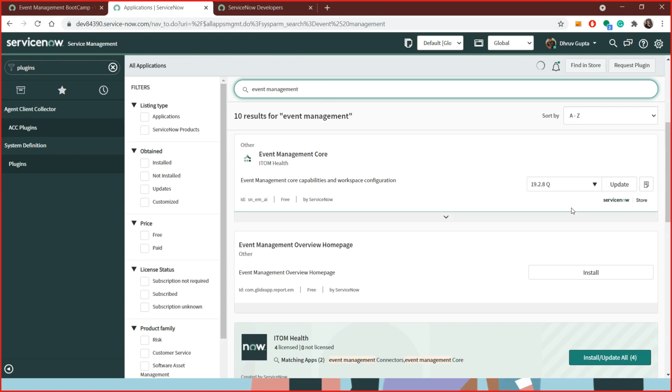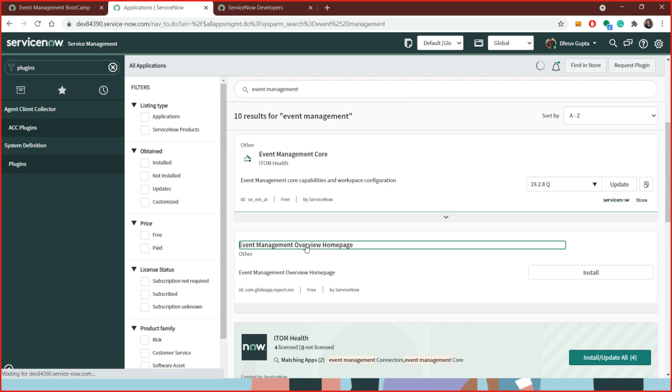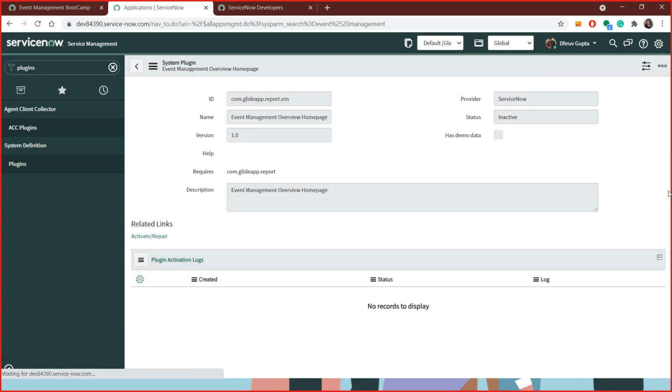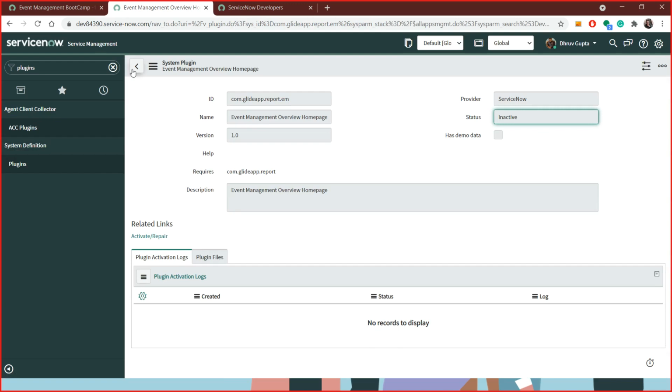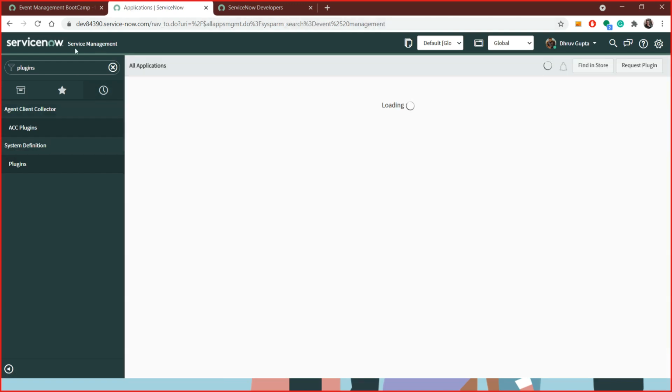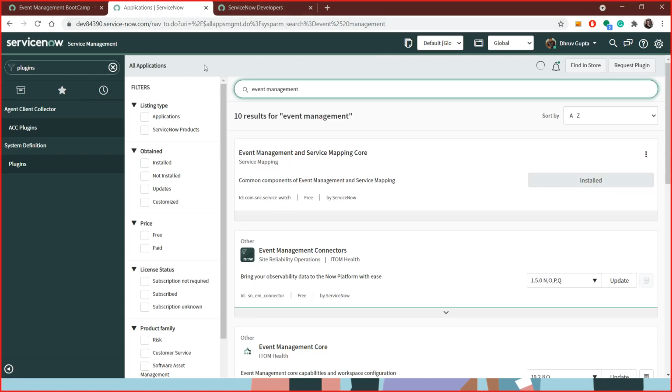Yeah, that option actually is not coming up, Dhruv. Is it to install the plugin? Maybe that is because of the version, because I am on Paris and I am also not able to see this. Just try on Quebec if you have Quebec, because I designed this lab on the Quebec release. So just give it a shot on Quebec. Yeah, in Quebec it is available. I am able to install. If you're on Paris, try this name, itom.snc. It should be visible by this name.